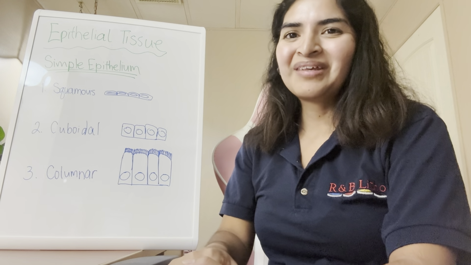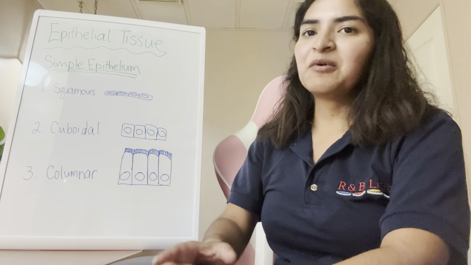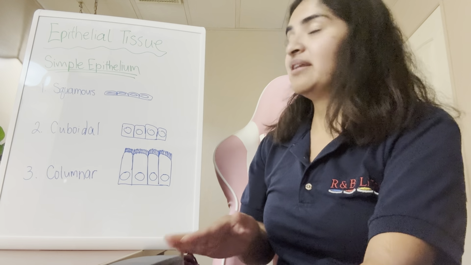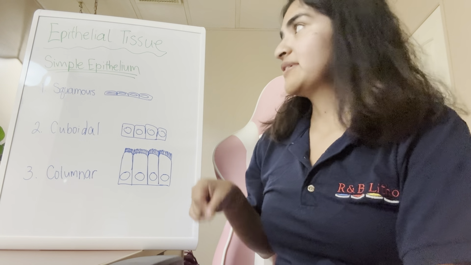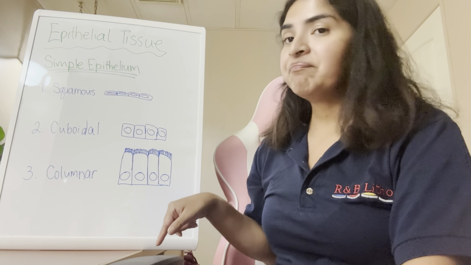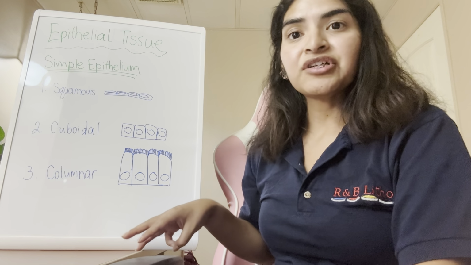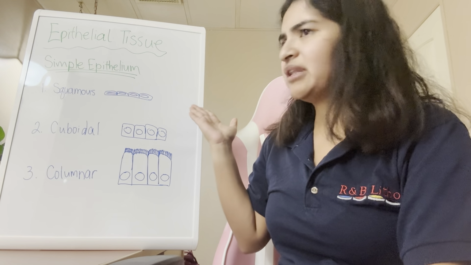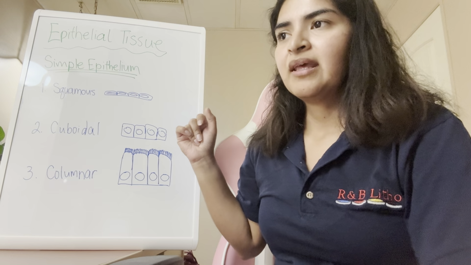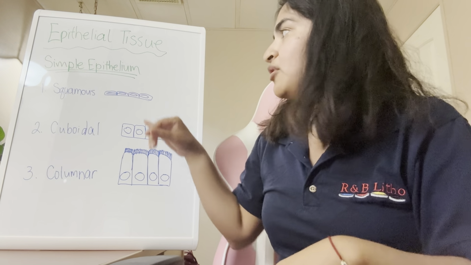Hello everyone. So the first tissue I'm going to be going over is the epithelial tissue, and the first subtype is the simple epithelium, and there are three structures in that. And what the simple epithelium is, it has one cell layer. So with squamous,